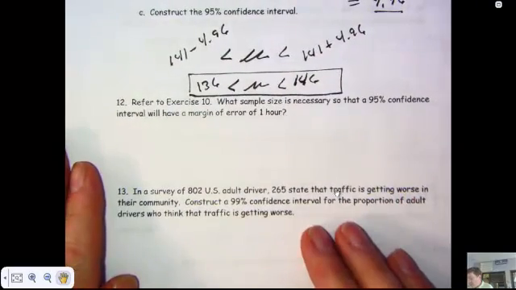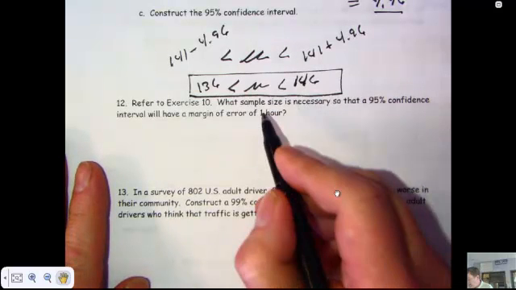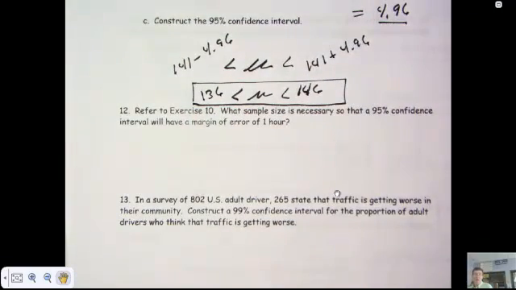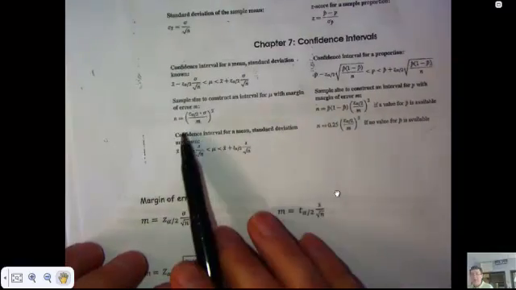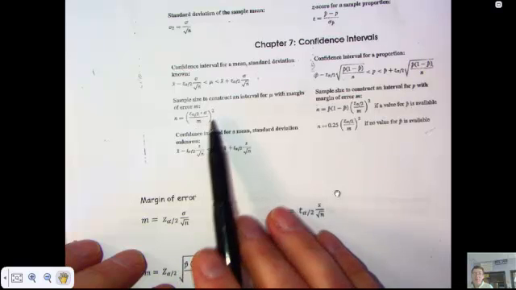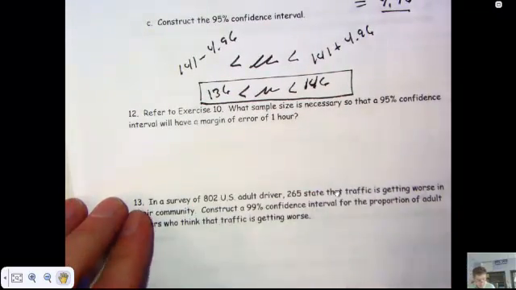Okay, 12 wants to find what on this one? Sample size. I want to find n, right? Sample size on the same information. So again, on the formula sheet, right here is n. n is z alpha over 2 times sigma over m, squared. That is where m is the margin of error. So I just plugged in my formula. n equals, again,